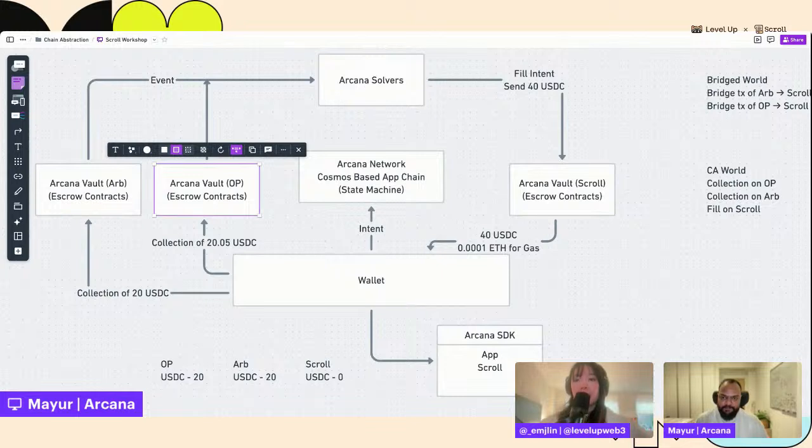Cool. And then my final question is whether or not you guys also do any sort of swaps, right? So let's assume I only have $20 worth of frog. Is that part of it, or is the assumption here that I will have enough USDC in my wallet to fund? Yeah, so this is something that we are going to get to.